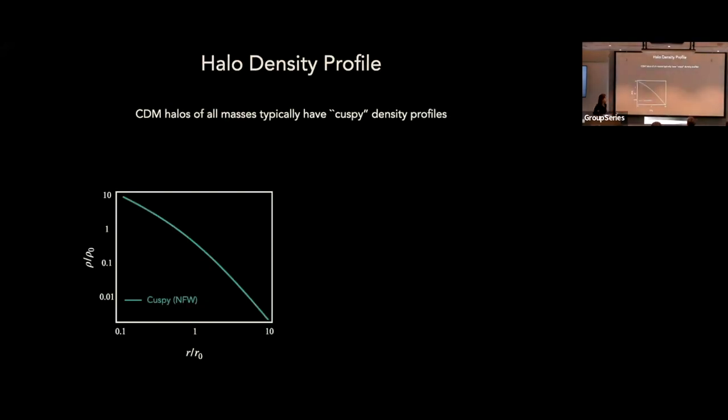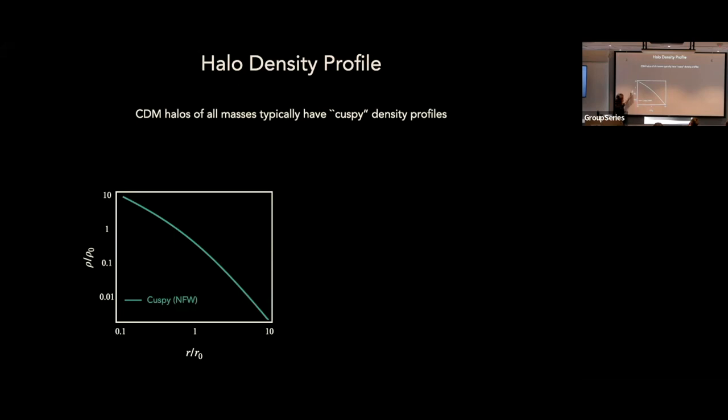Another interesting feature of the cold dark matter hypothesis is that in a dark matter only framework, so before we add baryons to the theory, no matter which scale you look at in each of these halos, you typically end up getting the same kind of density profile for the halo, which is kind of interesting. It's self-similar on all of the scales. That profile is referred to as the Navarro-Frenk-White profile, or NFW.